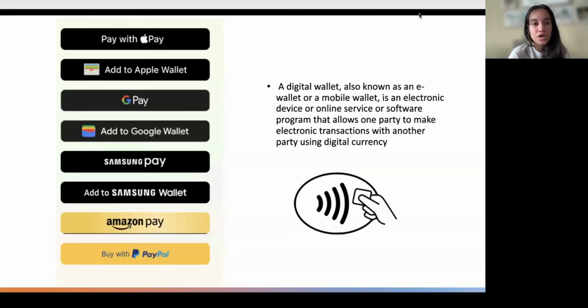We're mostly going to go over those types, but PayPal is also another form of a mobile wallet. With PayPal, you can also put your debit cards and credit cards in there. But specifically for today's presentation, we're going to focus more on the digital wallets that come with our smartphones,